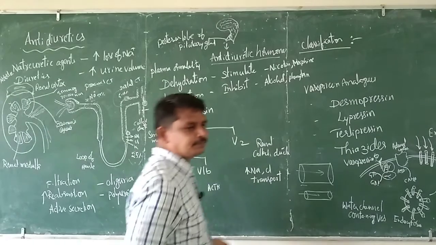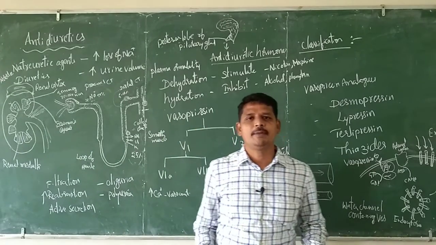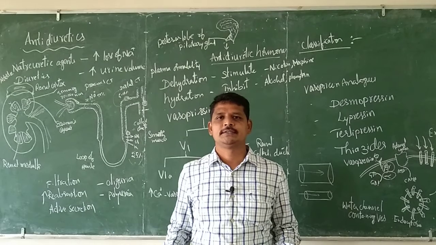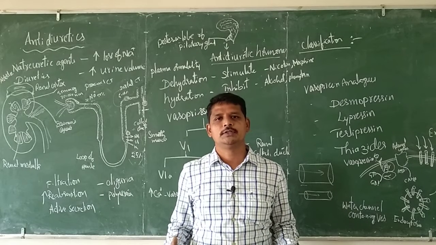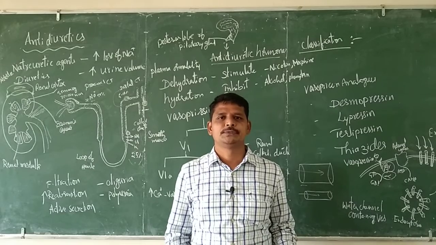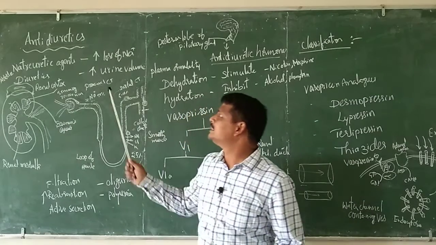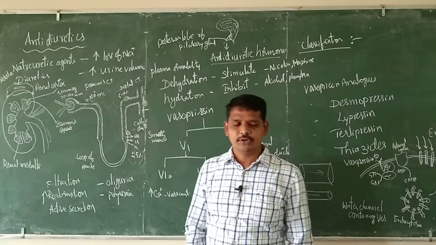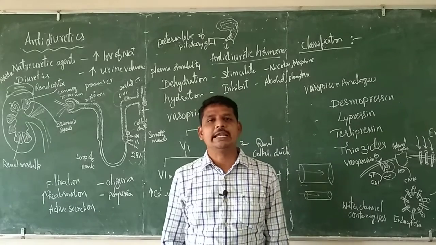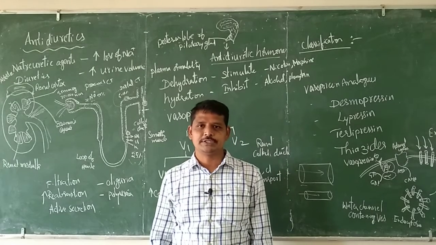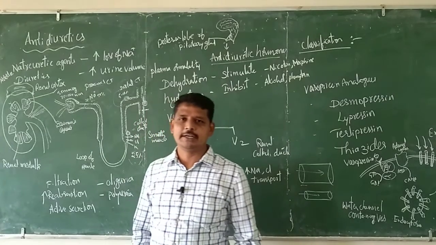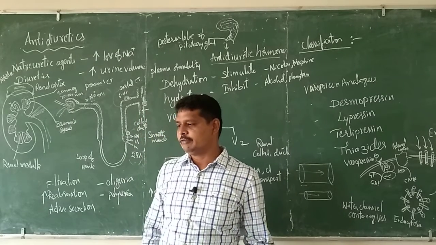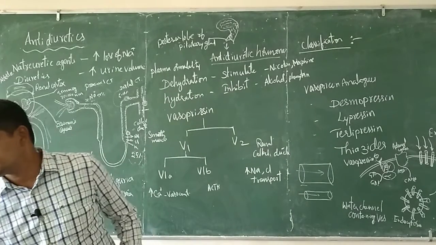Hi everyone. What is diabetes insipidus? How the individual cannot control the urine volume in this particular condition. So basically today we will discuss antidiuretic agents. Antidiuretic agents are the agents which decrease the urine formation. So here first we will see the basic anatomy of the kidney, then we will go for various conditions that cause this.